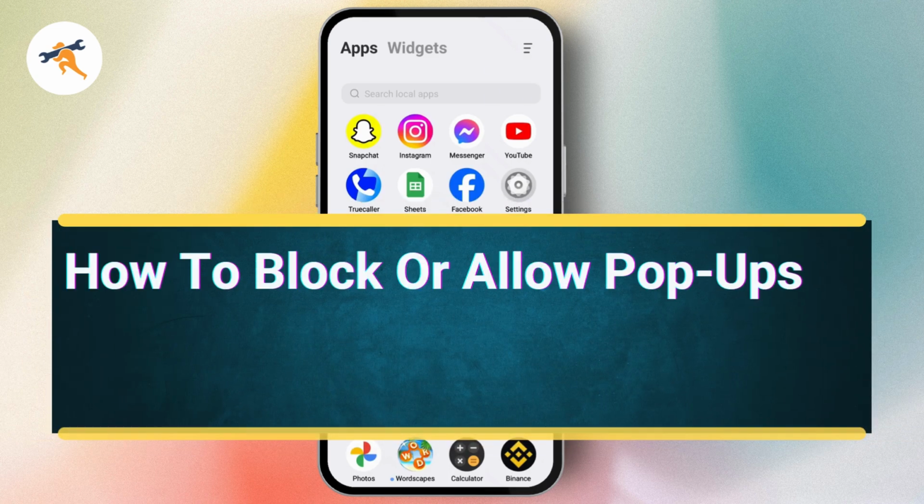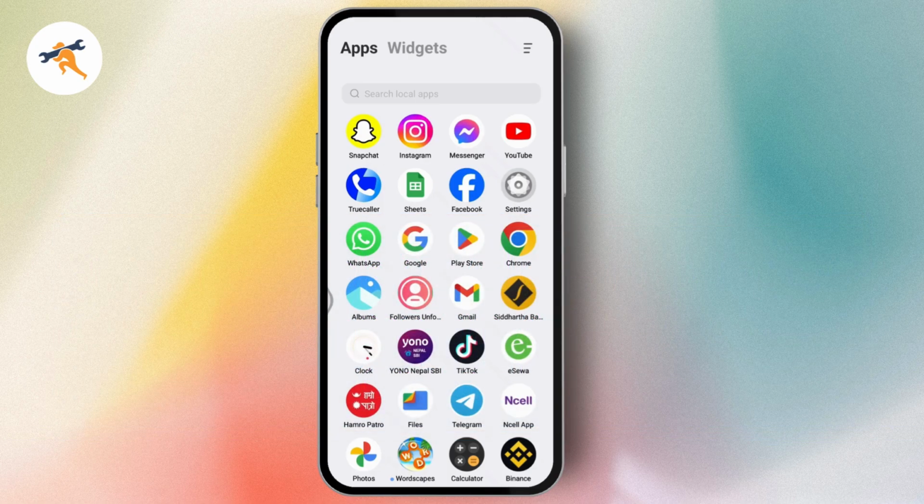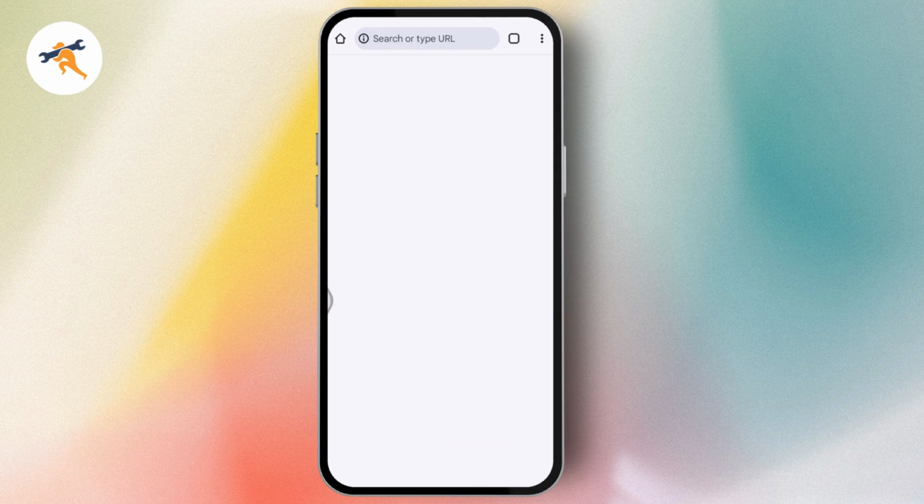How to block or allow pop-ups in Google Chrome on Android phone or tablet. So if you want to block or allow the pop-ups in Google Chrome on Android phone or tablet, then what you need to do is you just need to simply go with your Google Chrome, open up your Chrome browser